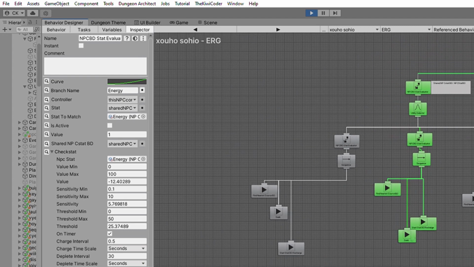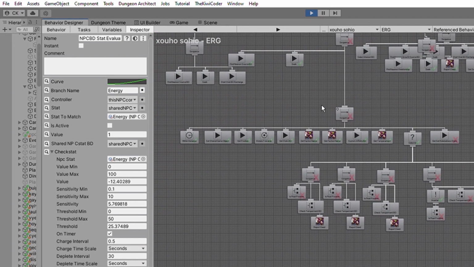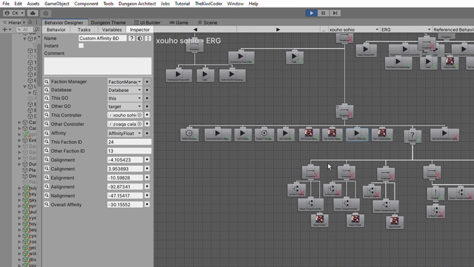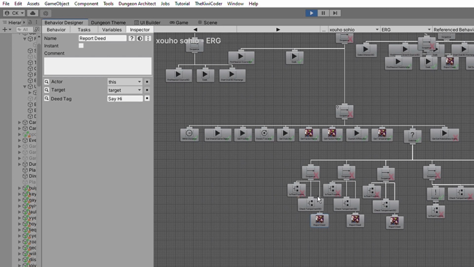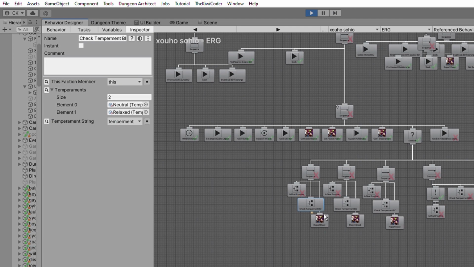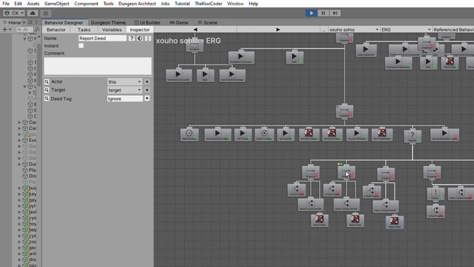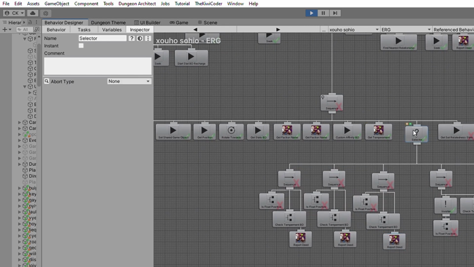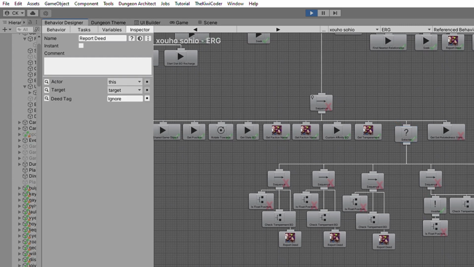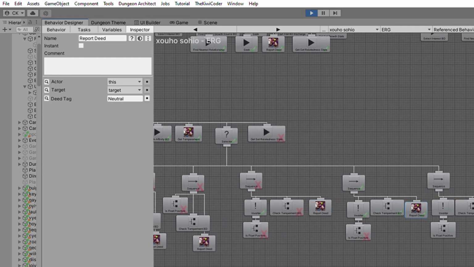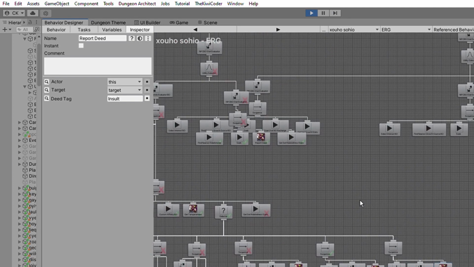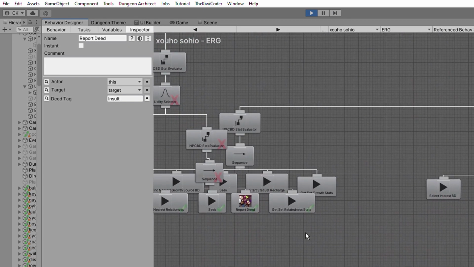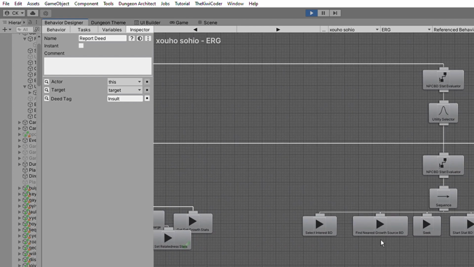Now, as you go into the other areas of ERG, into the growth area, you start to incorporate interests. And the same is true for relatedness as well. NPCs will go to a place that is associated with an interest to socialize over a place that is not associated with an interest. So if the NPC has an interest in literature, they will seek socialization at the library rather than the barbershop. So each NPC has a list of interests, which is used to determine where to go when they socialize and where to go to pursue personal growth tasks, etc.